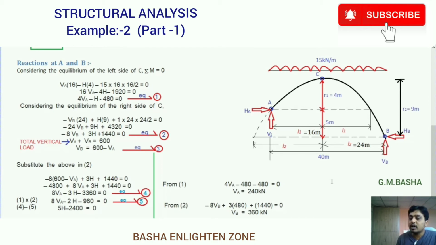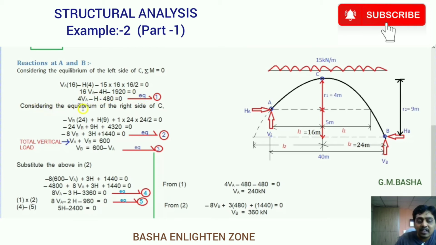That is the reason we are denoting HA equal to HB equal to H. So I am taking just H value. If you take down H value directly, whatever the value HA obtained here, the value will be same for HB also. Okay. Then after obtaining this one, you please simplify this one. 16 VA minus 4H. If you simplify by multiplying, you will get 1920. Again divided with 4, you will get this equation. Otherwise you keep the equation like that only. You can simplify by using your calculators also, you will get this one directly.